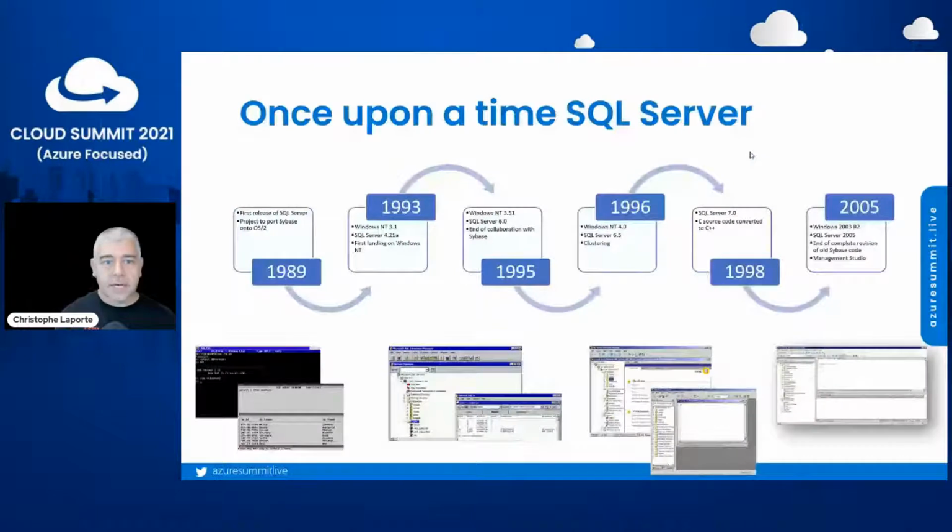So once upon a time, SQL Server, at the beginning in 1989, the first release of SQL Server appeared, and it was working on OS/2. It was just a project to port Sybase on OS/2. And after a few years, in 1993, there was a first version of SQL Server on Windows, on Windows NT 3.1 at the moment. And in 1997, it evolved with SQL Server 6.0. And that's important because it was the end of the collaboration between Sybase and Microsoft. And one year later, SQL Server 6.5 appeared on Windows NT 4, and it was the first release that provided